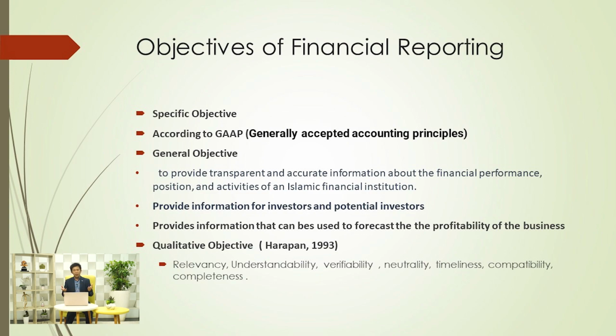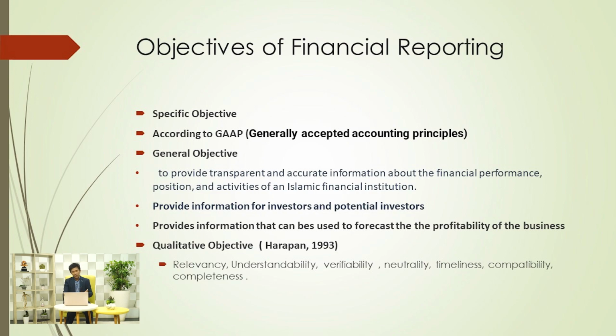But for the specific objective, of course, this is in compliance with the generally accepted accounting principles that there is what we call the financial reporting. So financial reporting is necessary because this is part of generally accepted accounting principles that there should be a financial reporting. For general objectives, there are many reasons why we need to have financial reporting, or why Islamic banks need financial reporting. They should report regarding their balance sheet, income statement, statement of cash flows, statement of changes in equity,